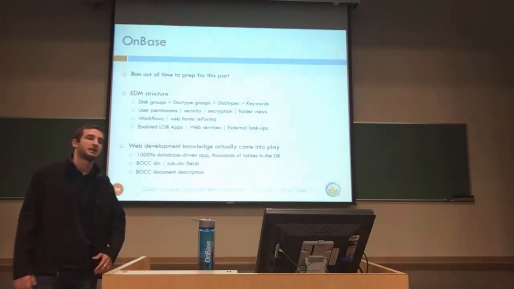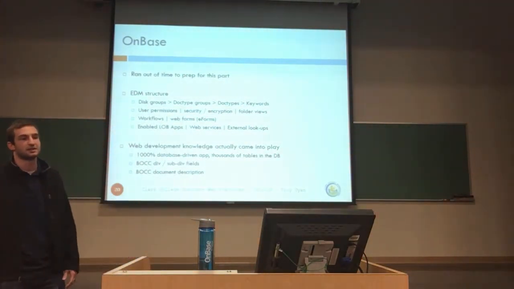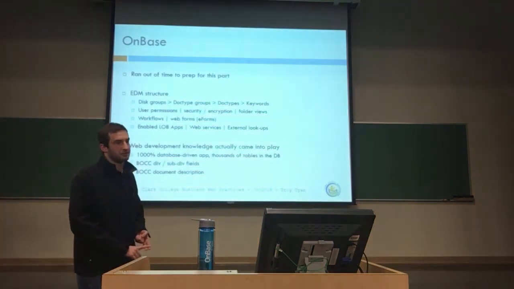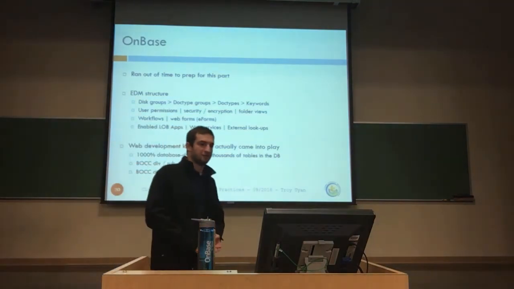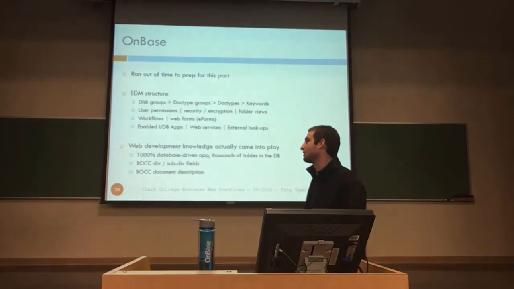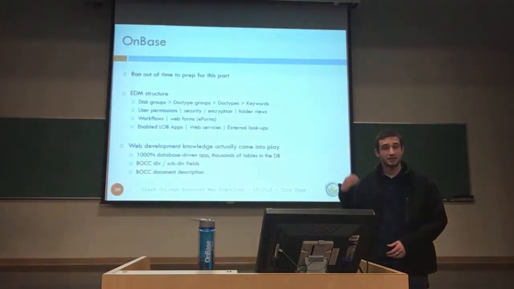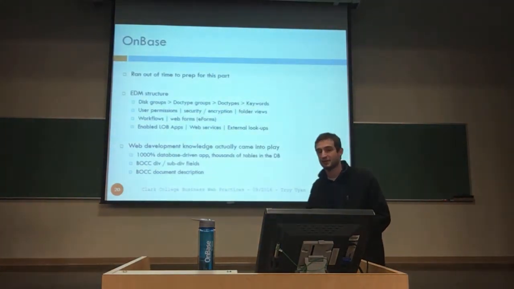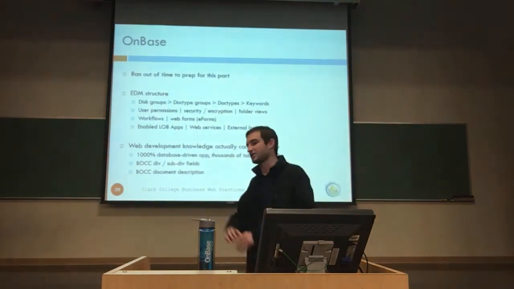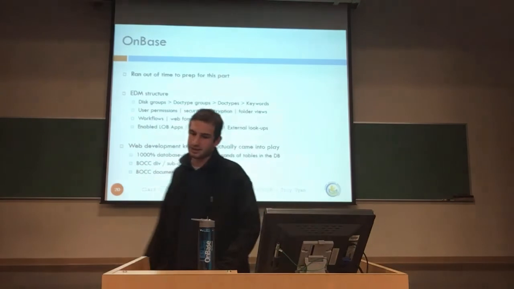It's really the heart of what e-government in a lot of ways is: automated workflows, constituent interaction via the web, enabled line of business applications. So there are some systems that will not go away. We can't just replace them with OnBase, but we can store the documents in the OnBase database and the OnBase disk groups. So that gives us a central repository for document management, not 12 different systems handling document management,